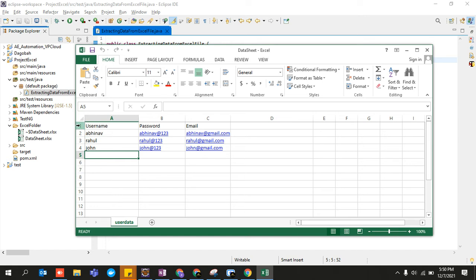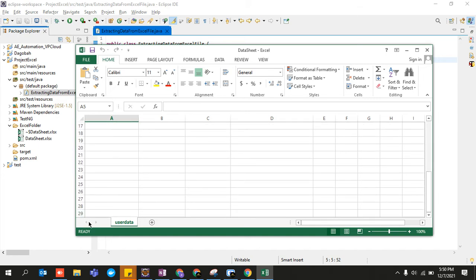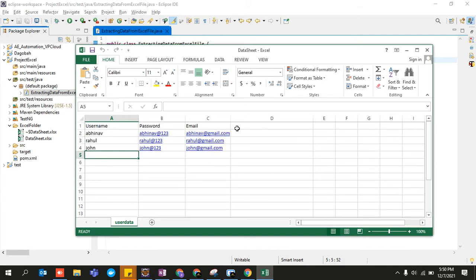I'm not saying that you have to find all the rows. If I just keep on scrolling down and down and down, the number of rows would be 1000. So you do not have to create a method for finding 1000 rows. You would be creating a method for finding the number of rows only till that row where there is some data present, right?